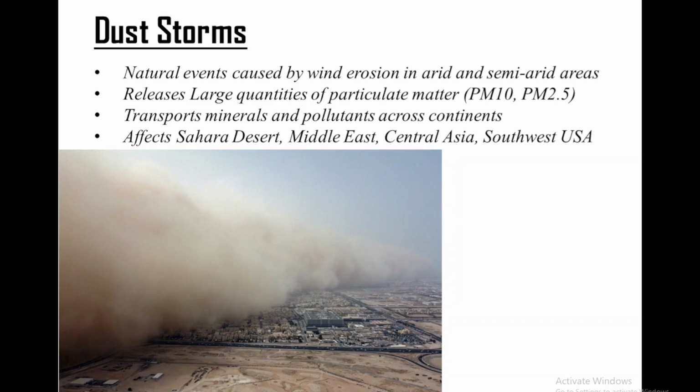For instance, dust from the Sahara Desert frequently reaches as far as Europe and the Americas across the oceans. The storms not only reduce air quality but also contribute to respiratory illnesses and visibility hazards. Satellite-based sensors, including MODIS and VIIRS, play a key role in tracking the movement and intensity of such storms. Although natural, human-induced desertification and land mismanagement can also amplify their frequency and severity.